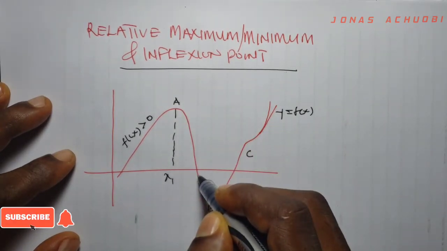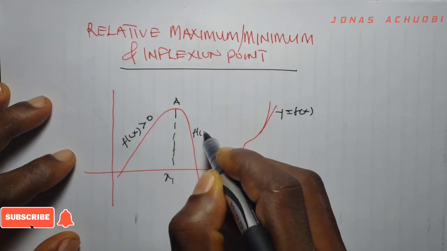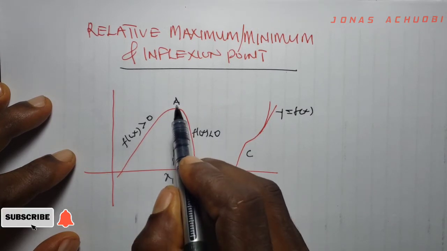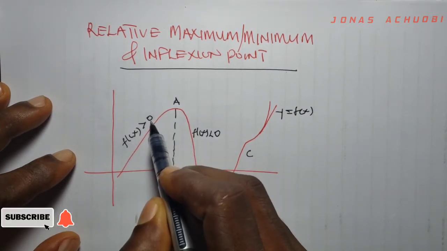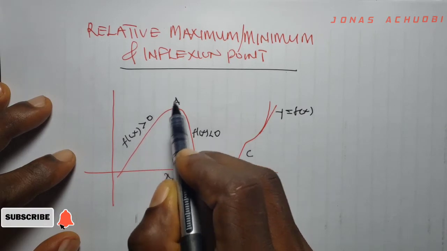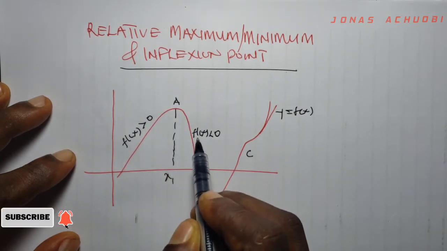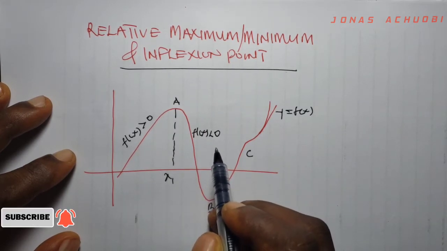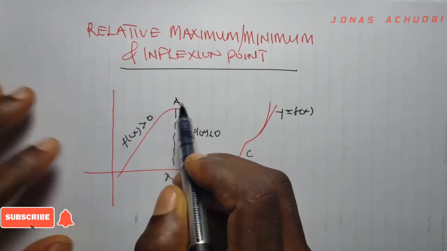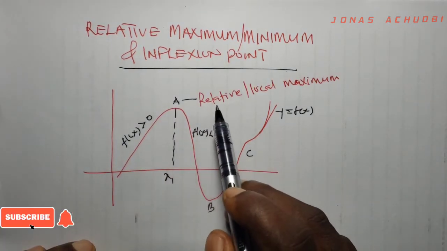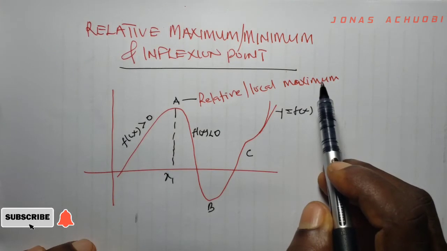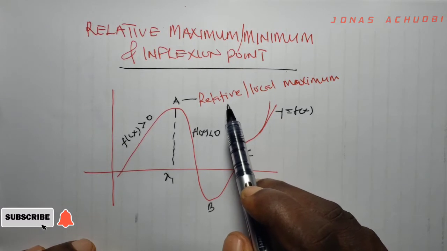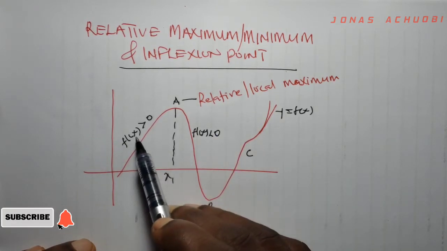And for a decreasing graph, we have learned already that the slope f prime of x is always what? Decreasing. So we observe that to the left of the critical point A, the graph always increases, the slope is positive, and to the right of the critical point A, the graph is what? The slope is decreasing or negative. So what do we say? We now say that A is called now a relative/local maximum point. So at a maximum point, there is usually a change of sign of the slope from positive